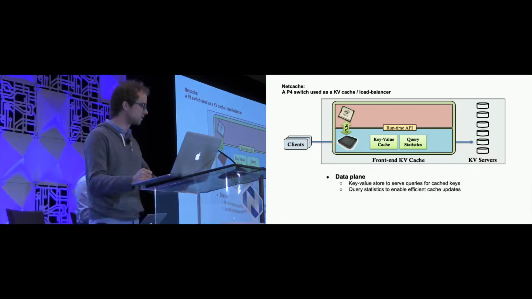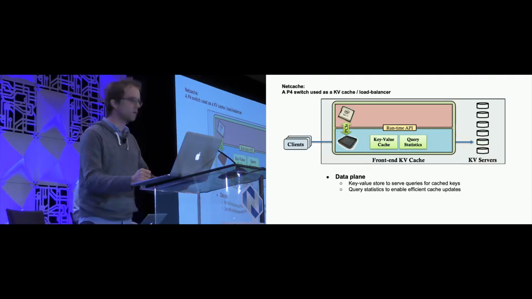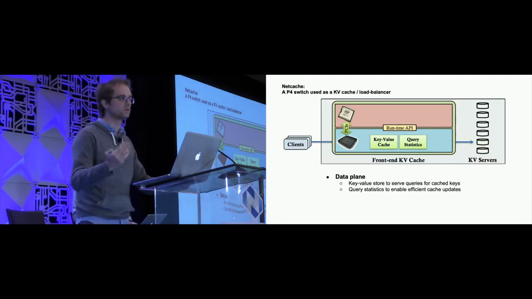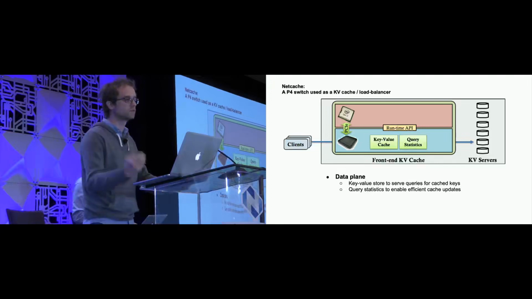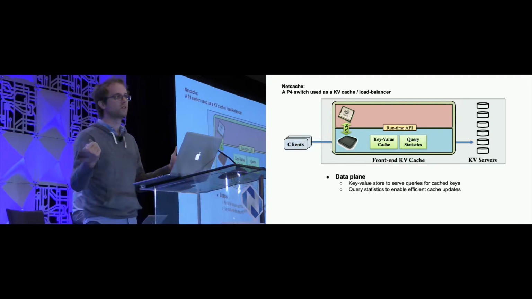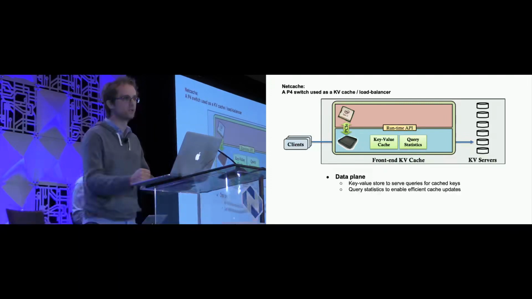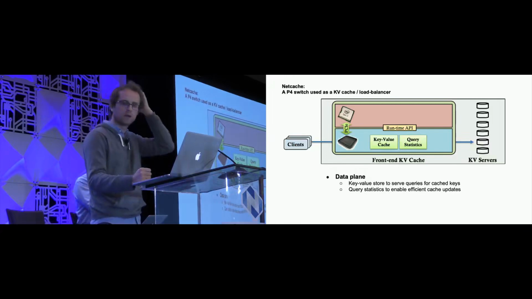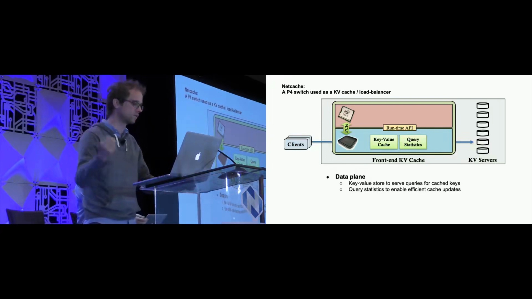And what's very interesting is, usually in a data center class switch, the amount of on-chip memory you get, the amount of SRAM you get, is pretty small. So the amount of keys and values you can store is actually pretty limited. But it's been demonstrated that if you can cache n log n keys, where n is the number of servers you're serving,